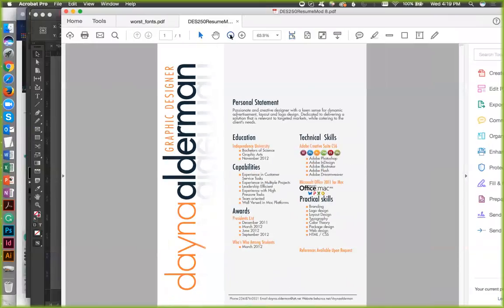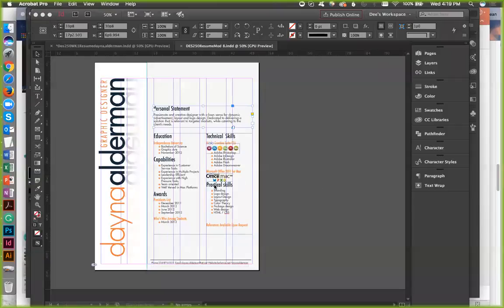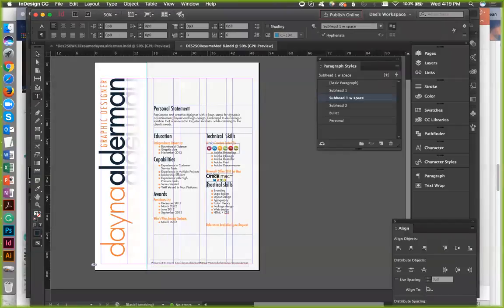Negative or minus. Look at that. I think it's actually pretty good. I think it works really well. Maybe this needs a little bit of space. It's too much space.